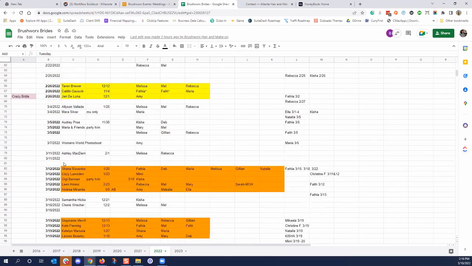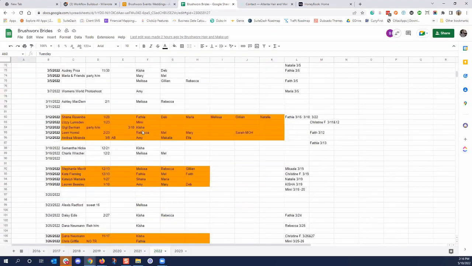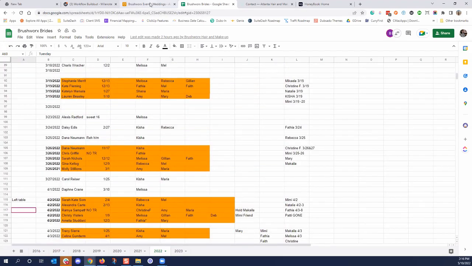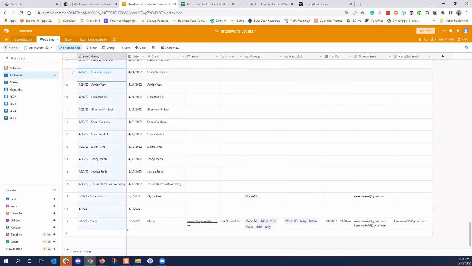Is there a way of doing a column before the date? As you can see where we make our notes like Crazy Bride, sometimes you'll see little question marks before or even after. I guess we could do it after. It would have to be after, and I can put it directly after the client name if you want, or before the client name, because this is a default column, so it's unable to be changed.